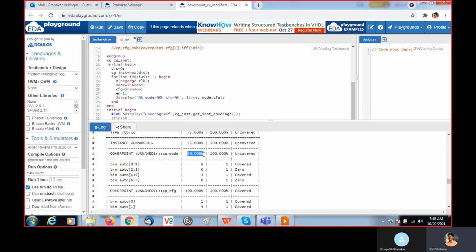One got 50% coverage and the other, CFG, got 100% coverage, so the combined coverage is 75%. Here also the goal is 100% by default, to show that it is not covered. We expect it to happen 100%, and here it happens 100%, so it is showing that it is covered.